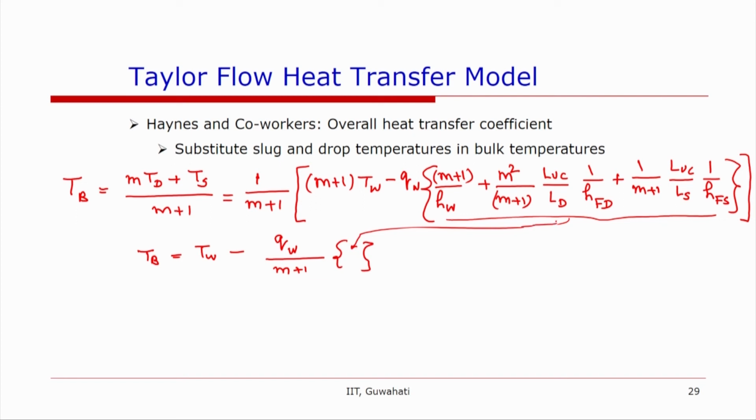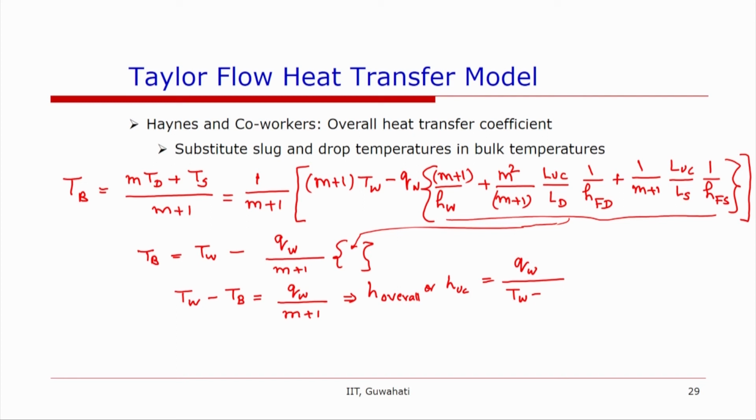Now, when we substitute this, then we will get TW minus TB is equal to QW over M plus 1, and we can define an H overall, HUC, is equal to Q wall divided by T wall minus